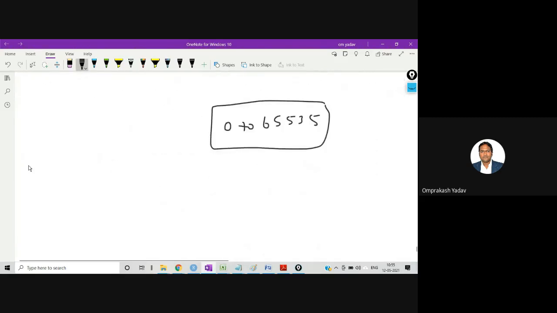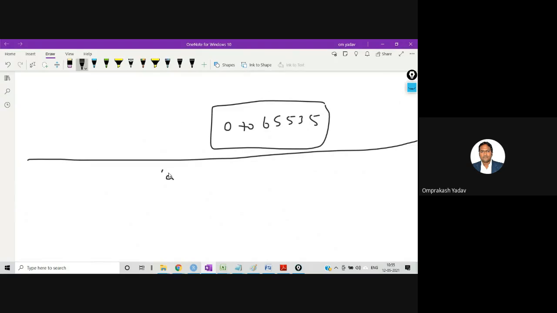Now let's see about character type data. So I told you character type data, that means if we want to store any letter, any character, a char type data requires 1 byte. Okay, 1 byte, that is 8 bits.